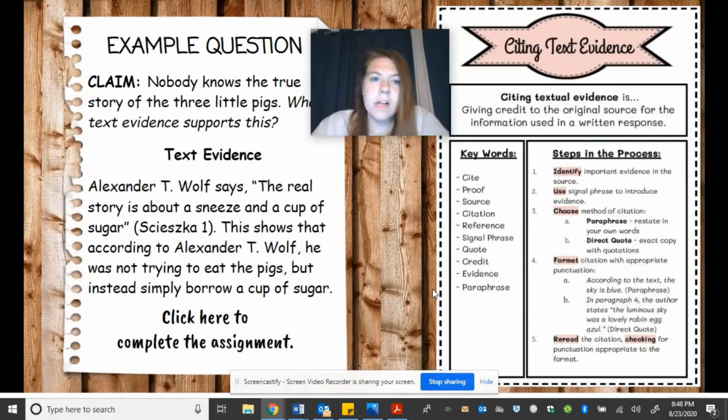Guys, so today we're going to talk a little bit about citing text evidence, and I'm going to give you an example of why citing text evidence is so important. Let's say that you make a very significant scientific discovery, you put a lot of hard work into it, and at the end when you're done, you write up a whole paper explaining what you discovered. Then let's say someone comes along and sees your paper and decides, oh, you know what? I'm going to copy all of that and put my name on it and say that I did that. Not okay, right?